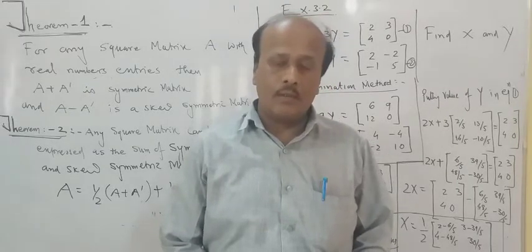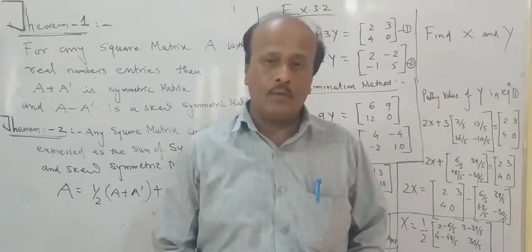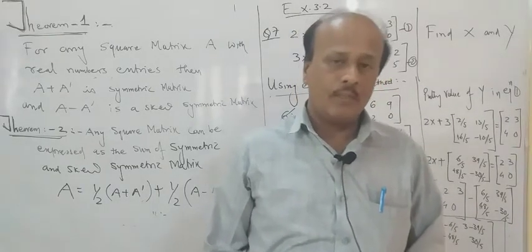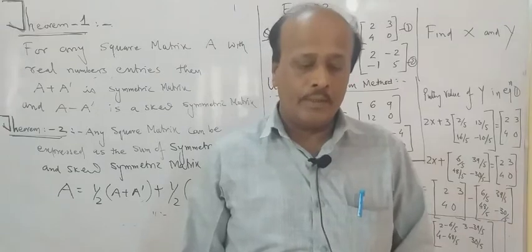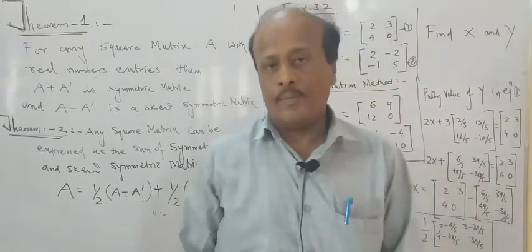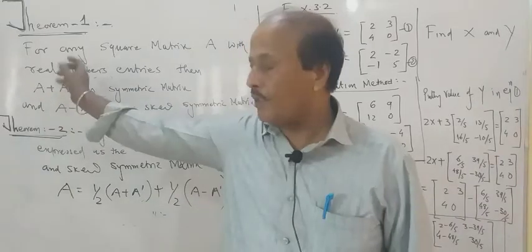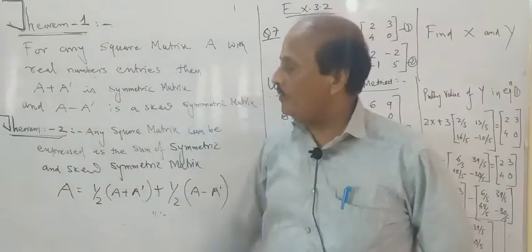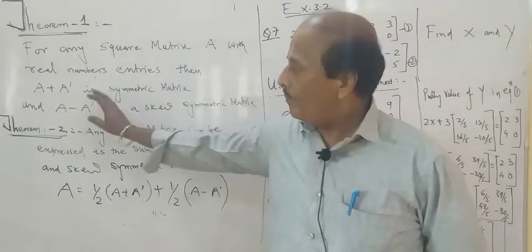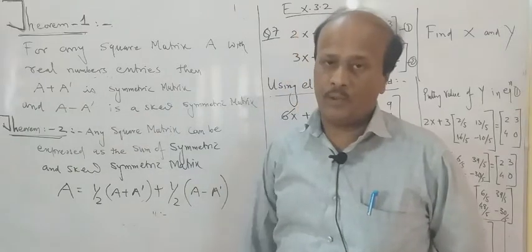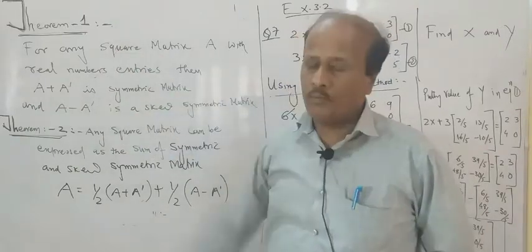Now after doing symmetric matrix and skew symmetric matrix, two important theorems are given in your book, and we get regular questions on them in a board exam. First of all, let us see the statement of theorem number 1. Proof is not required, and you can do the proof with the help of an example also. But very frequently you will get questions on theorem number 1 and theorem number 2. What is the statement of theorem number 1?